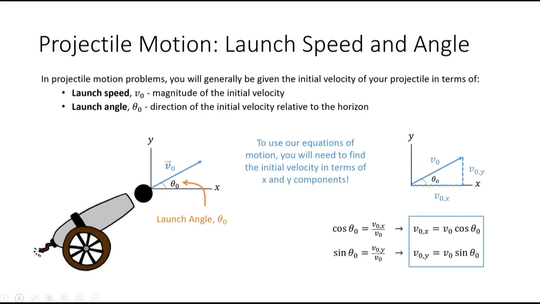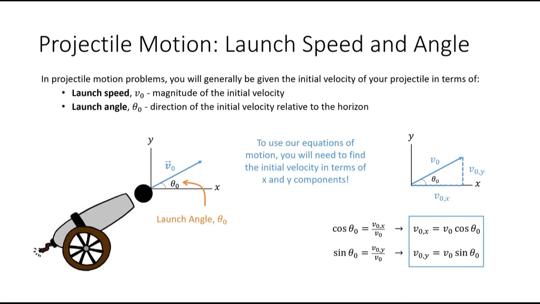Okay, so then looking at that triangle, we know our trig relationships tell us that cosine of theta naught is the adjacent divided by the hypotenuse, so that's going to give us v naught x over v naught, which we can rearrange to solve for v naught x, which remember we're going to need to use our equations of motion for constant acceleration. Similarly then, sine of theta naught is going to be v naught y divided by v naught, which comes from the fact that it's opposite over hypotenuse, and so we can rearrange and solve for v naught y. And so whenever you're given a projectile motion problem, first thing I would always do, write down my knowns,